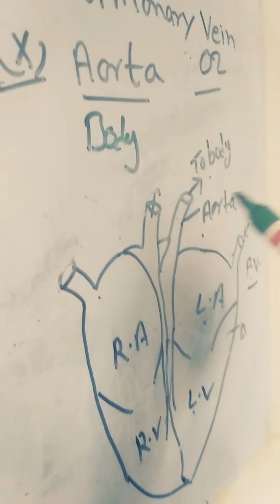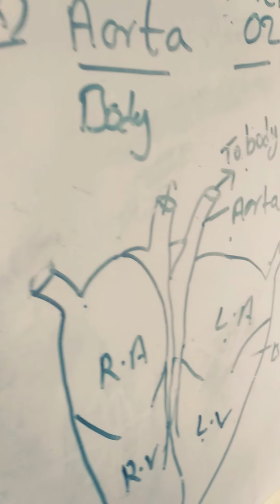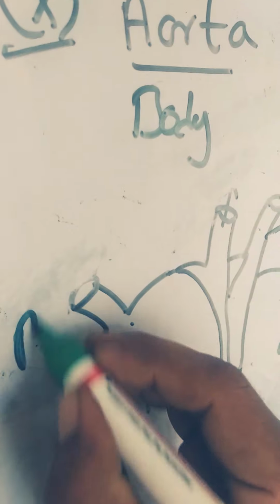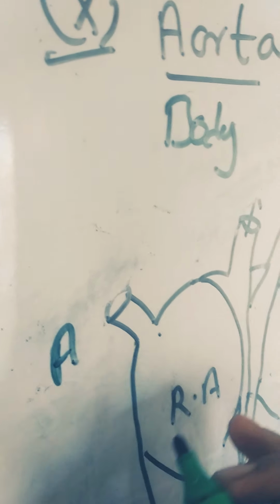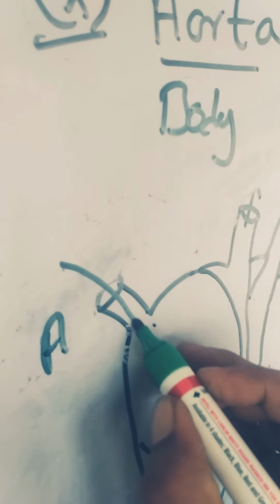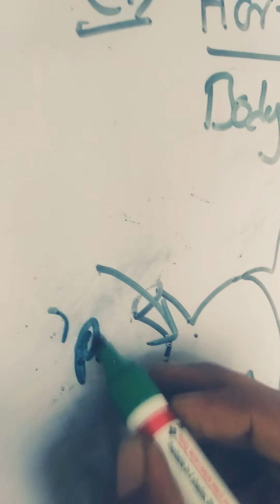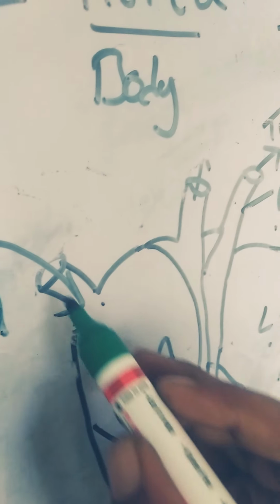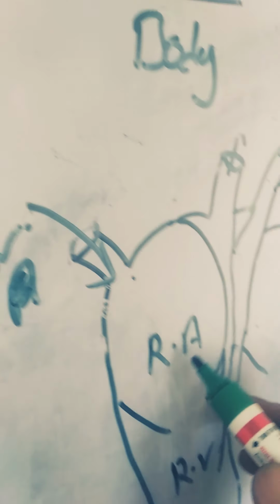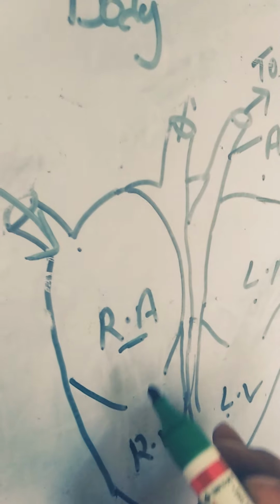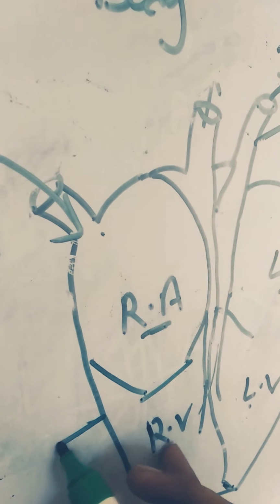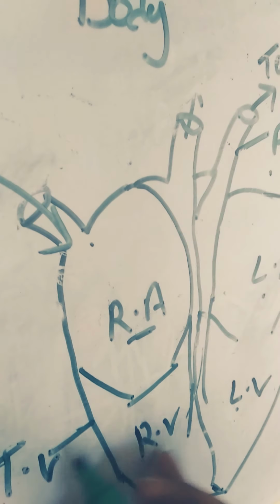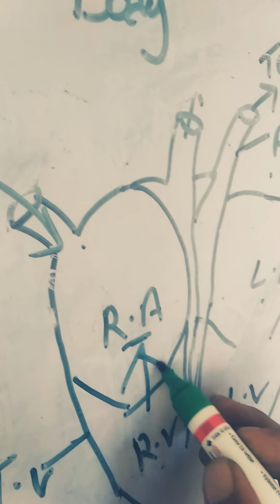Let's see by this explanation of the diagram. Here this is the superior vena cava and the inferior vena cava. This vena cava carries impure blood from the body and brings it to the right auricle and then to the right ventricle. Here one valve is there called the tricuspid valve. It helps in stopping the re-entry of blood from the right ventricle to the right auricle.